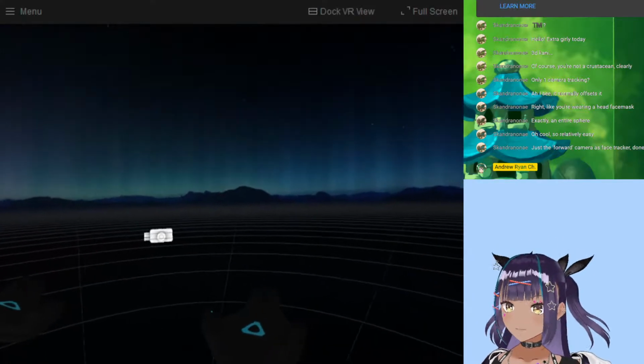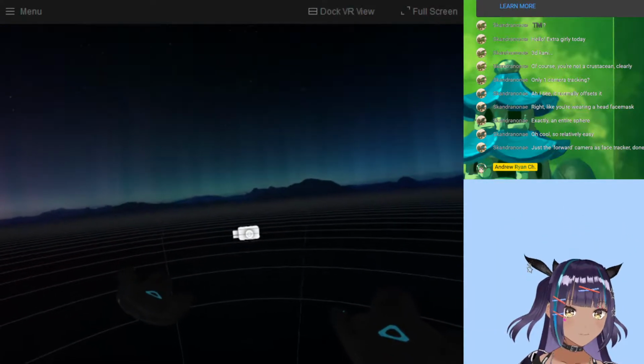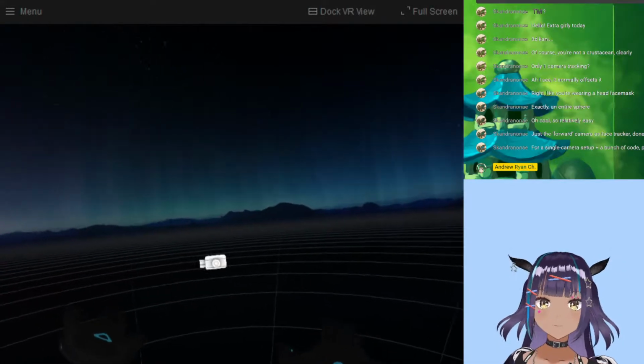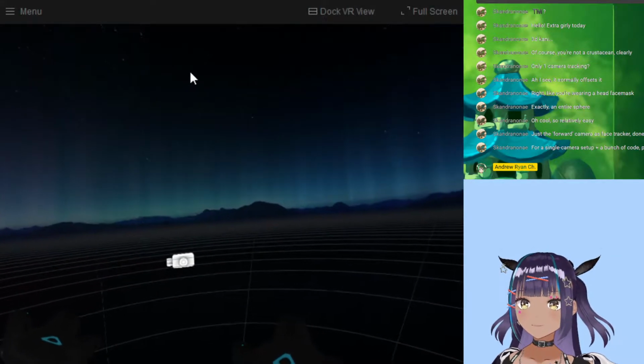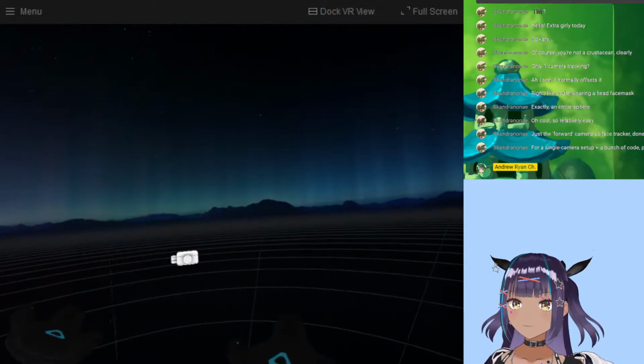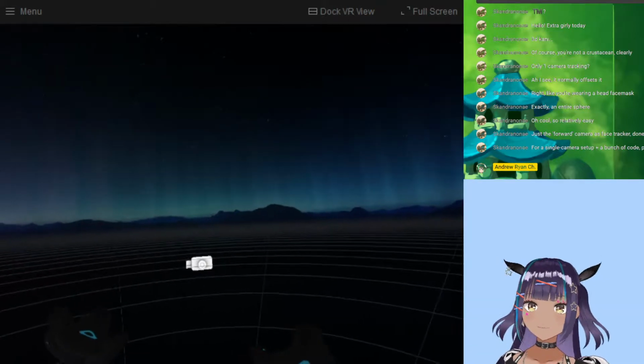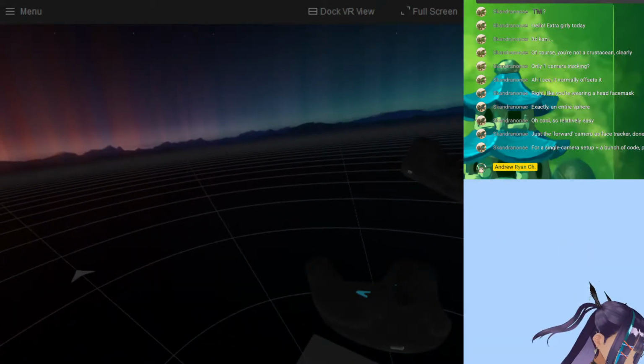Okay, so OBS reps. Here's OBS. For a single camera setup plus a bunch of code, pretty good. Yeah, pretty good. Not great. And then